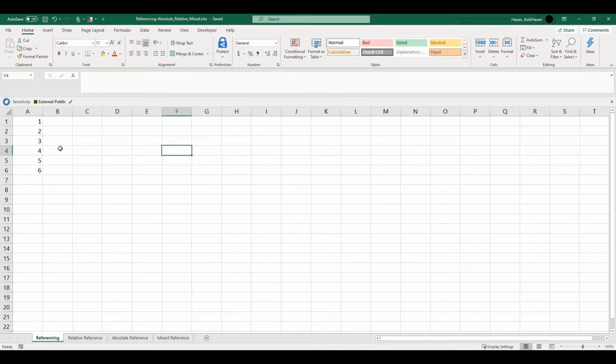Now if I want to use the reference of any of these cells and represent its value, for example, I want the value written in this cell to come up here, all we have to do is type in equals to and click on this particular cell reference. It is A2. If I want this number 2 to come up, I can just type in A2 and hit enter. So whatever is the value in this cell would come up here. This is the basic concept of referencing.